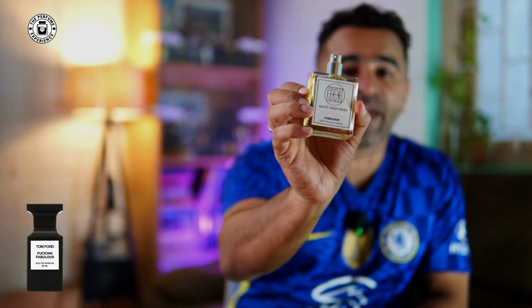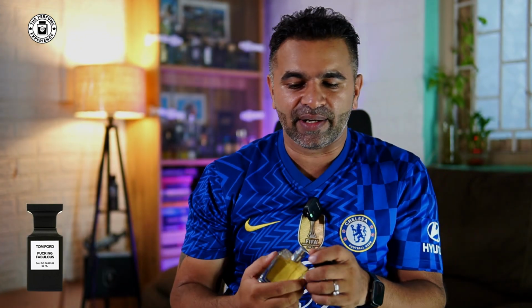It's got a very unique element to it, and this is an alternate of Tom Ford's Effing Fabulous. Okay, so it's a very different kind of scent, and I feel this is kind of a hidden gem, because not a lot of people talk about it. It's a good winter scent, but then it's got a very mysterious dark tone to it,